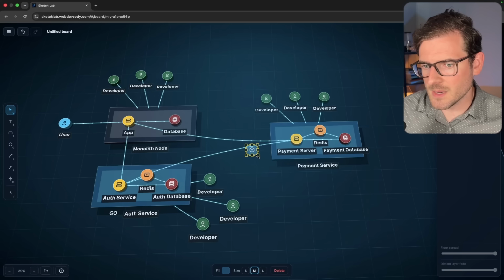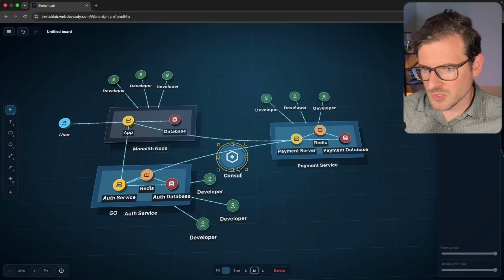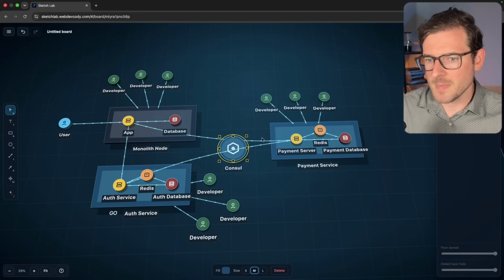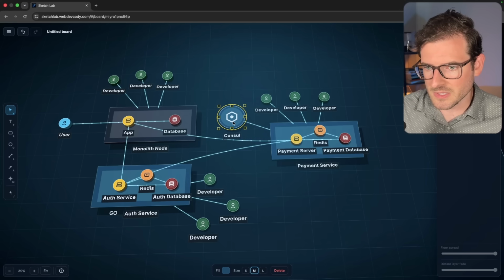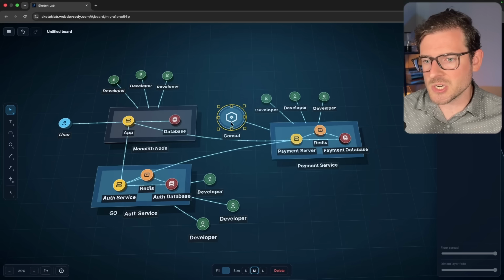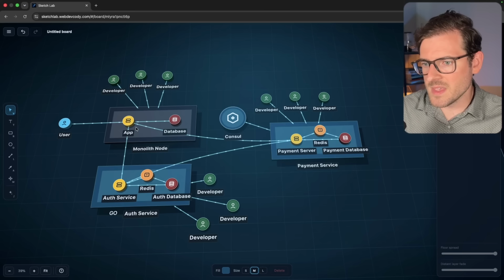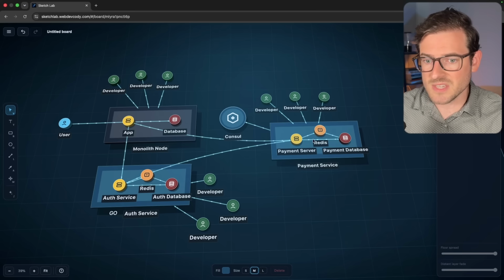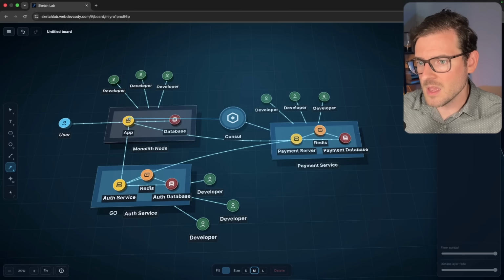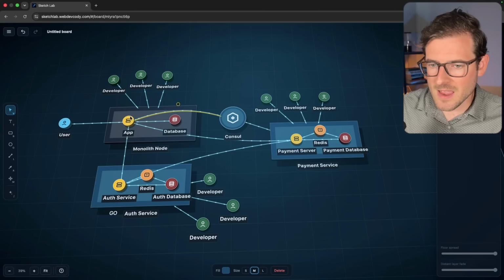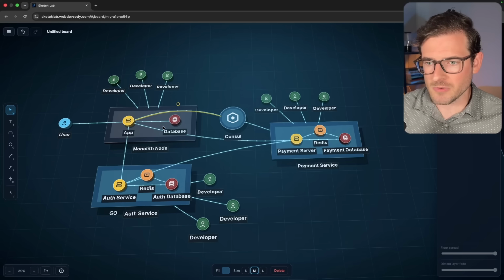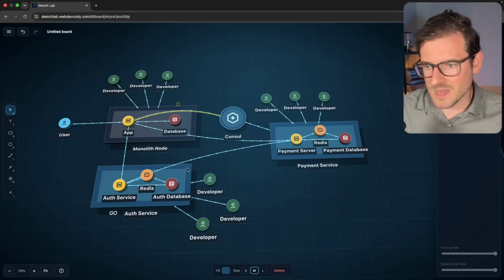One approach that we ended up doing on our project was something called Consul, which is a discovery service. So basically, as these services come online, you could have 4 payment services that are horizontally scaled. As they come online, they're going to register with Consul so that when the app service needs to actually contact the payment service, it's first going to say, hey, give me one of the payment service instances, and then it's going to get an IP or a location it can make the request to, and then it will make the request. Same thing with the auth service.